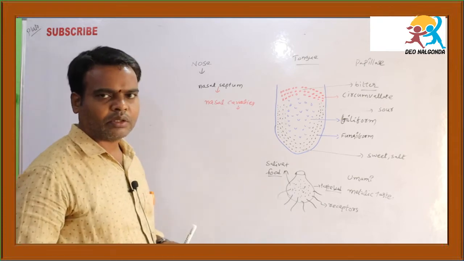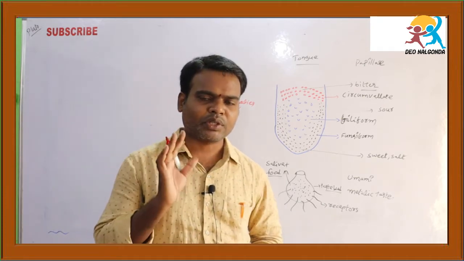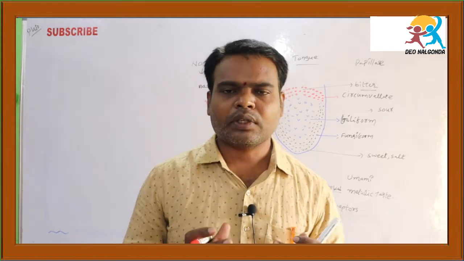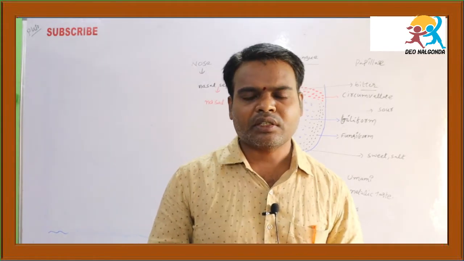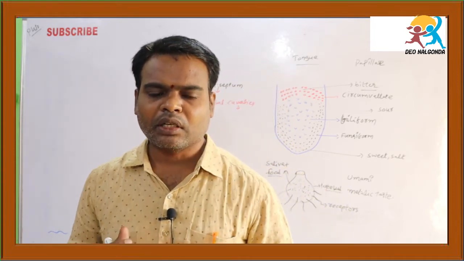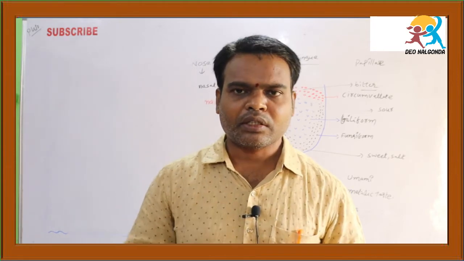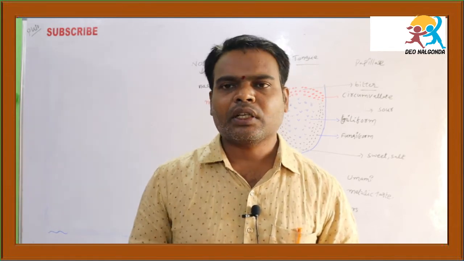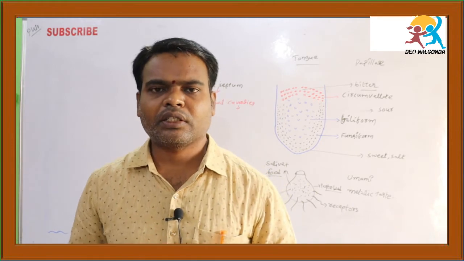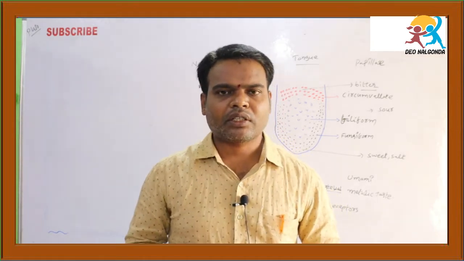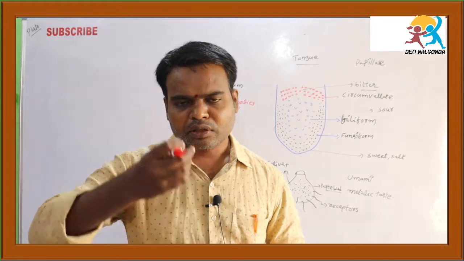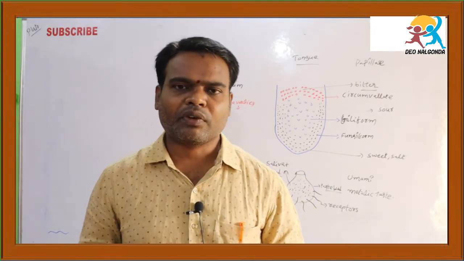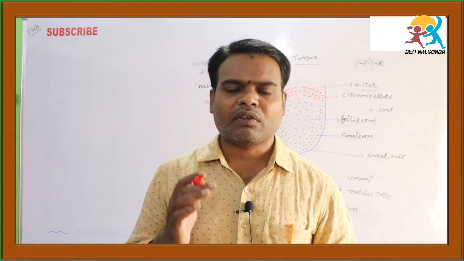In the nasal cavities, two regions will be there. One is the vestibular region, another is the olfactory region. Generally our nose filters dust particles to prevent their entry into the lungs. So hair is located at the outermost region, which we call the vestibular region, and just behind that you find the reddish structure inside the nose, which is called the olfactory region.